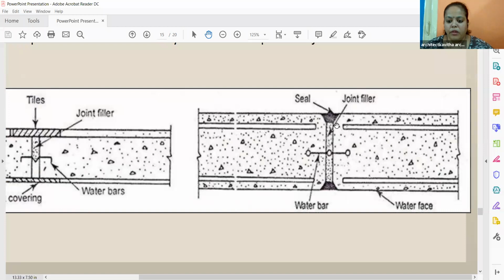And this is one more where you can seal both sides. You have your water bar, you have joint filler, and you can seal it with sealant on both sides. If both walls are exposed, for example, there are so many concrete walls that we use in today's construction. If this is an internal wall, you can use sealant on both sides and avoid the water penetration. This is extra cautious, maybe where waterlogging is there, like underground pools. These kinds of joints will help more because you are trying to seal both sides. So this is at the slab level.